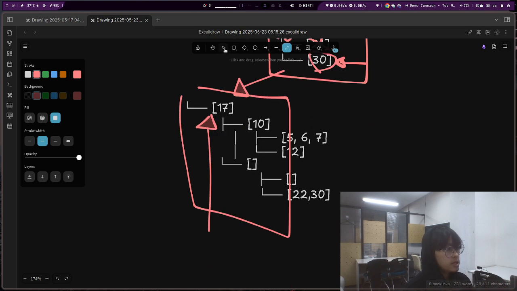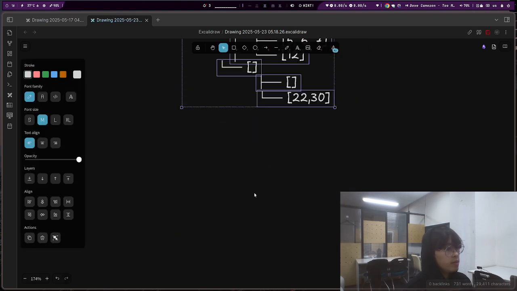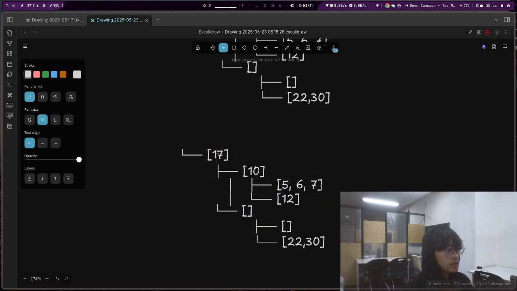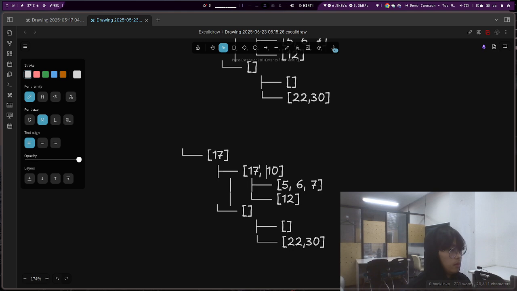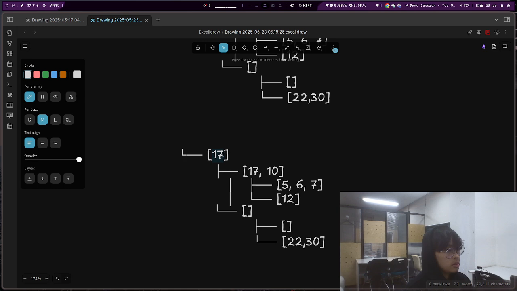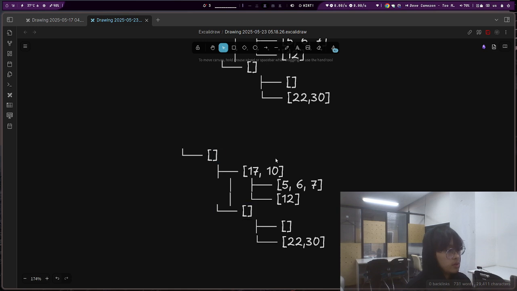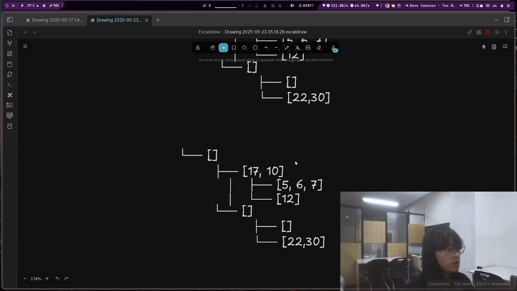We make the 17 merge with this 10. Target node, let's say 10. So there's going to be an empty node. That's pretty nice, but wait, hold on. 17, we have to tell it. Even though now this 17, 10, and 5, 6, 7 is already pretty nice, but since